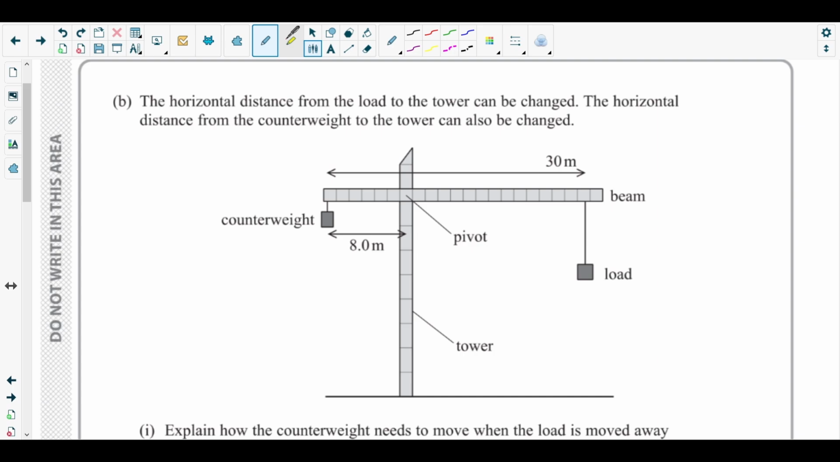Next, second point. Now consider what is providing the clockwise moment here and what is providing the anti-clockwise moment. The clockwise moment is provided by the load and the weight of the beam. Let's say the beam is uniform, so its weight acts from the middle. So the clockwise moment is provided by the load and the weight of the beam. So total